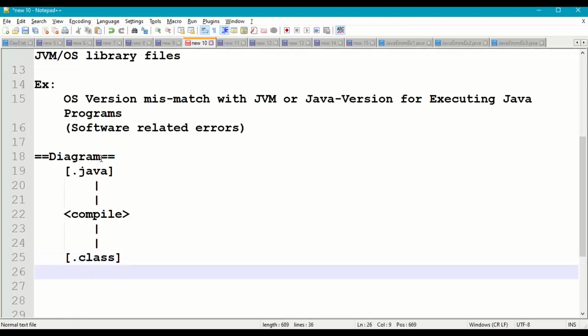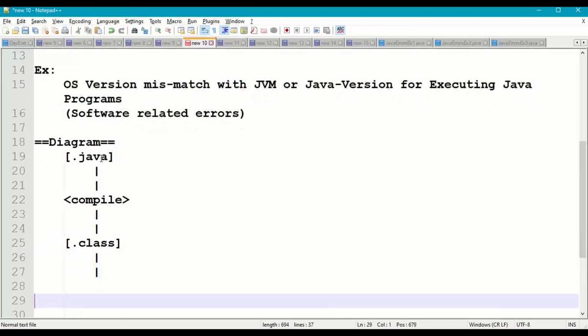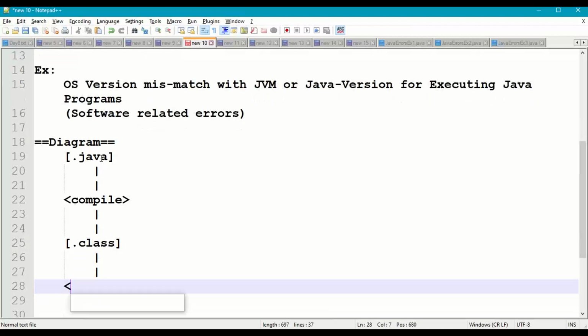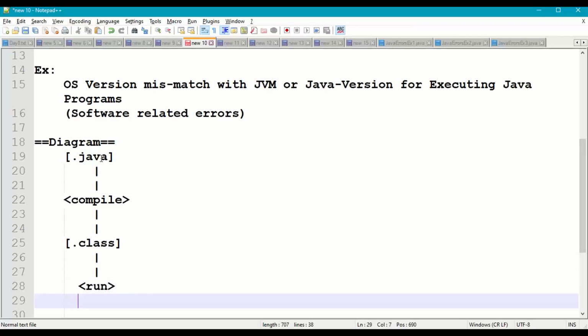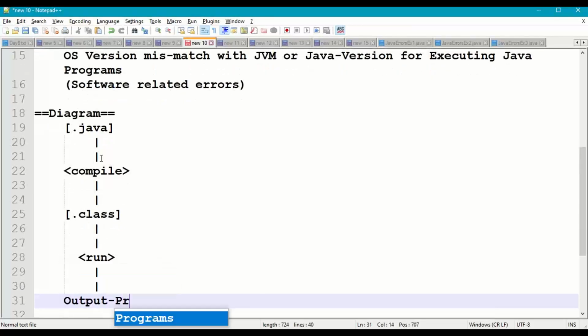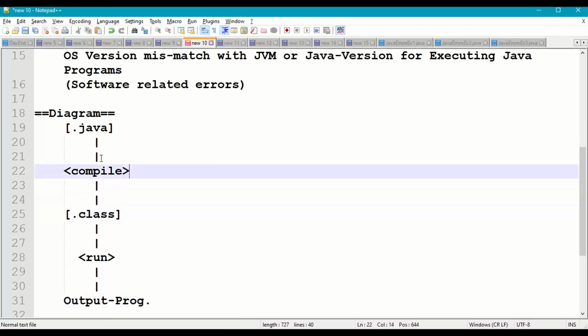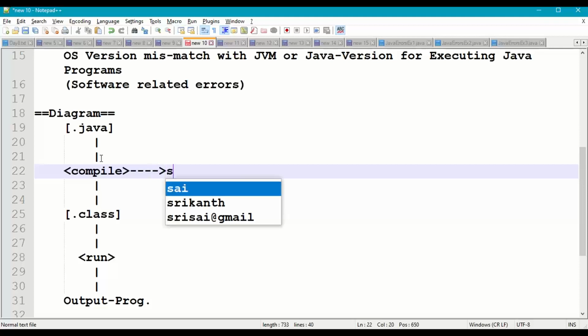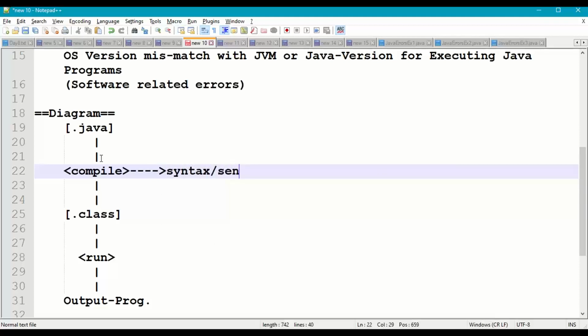Okay, and this dot class file, when we run this, we'll get the output of the program, right? So here compiling. So during compilation, we may get syntax errors,